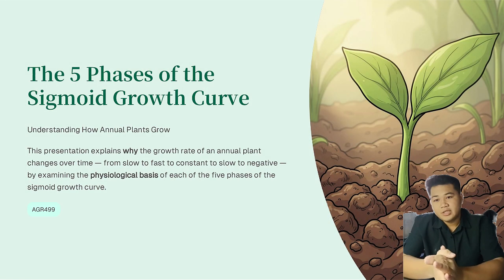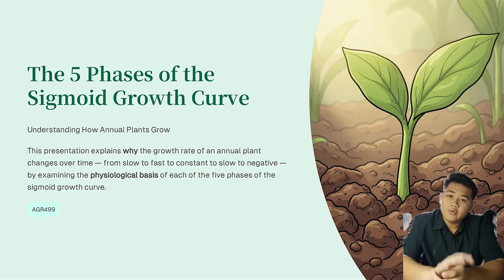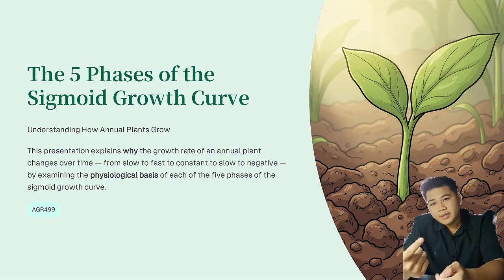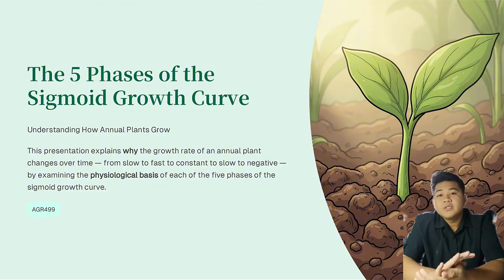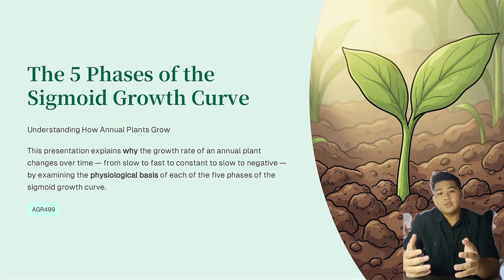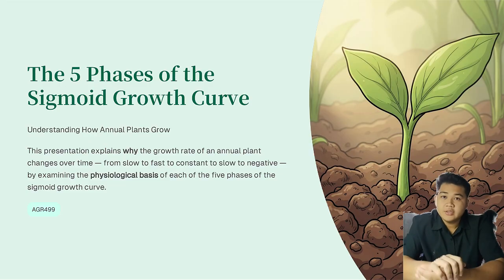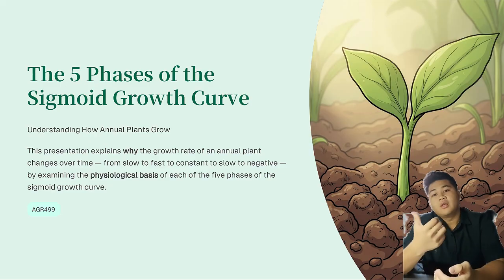So today I will explain the 5 phases of the sigmoid growth curve, an S-shape pattern that shows how annual plants like rice, peas, and wheat grow from seed to senescence. The purpose of this presentation is to answer the central question: why does a plant's growth rate change dramatically during its life? We will look at the growth curve, which plots dry weight against time, and I will walk through